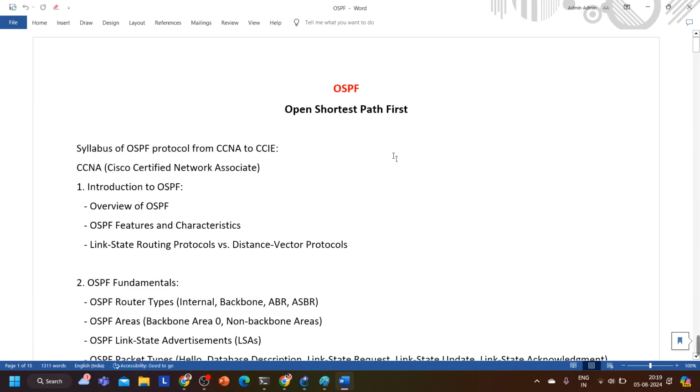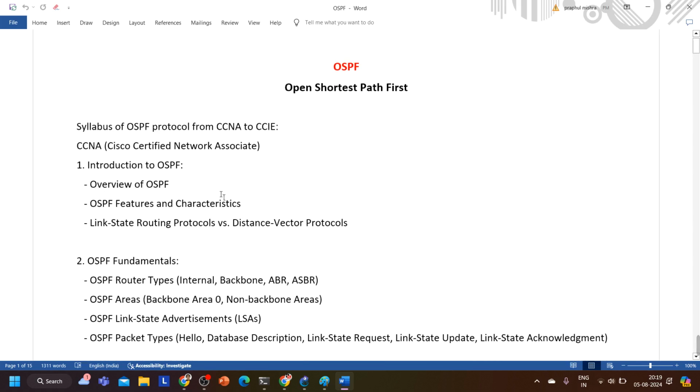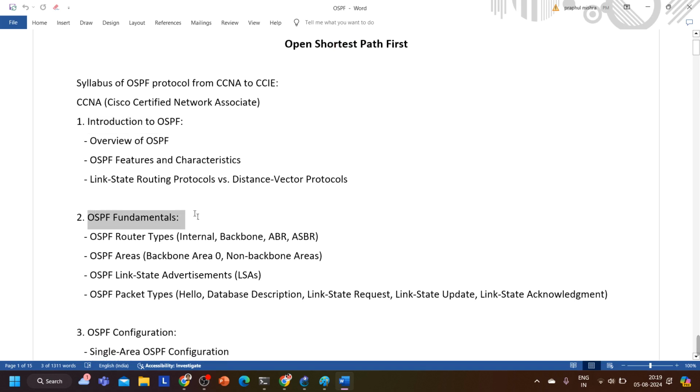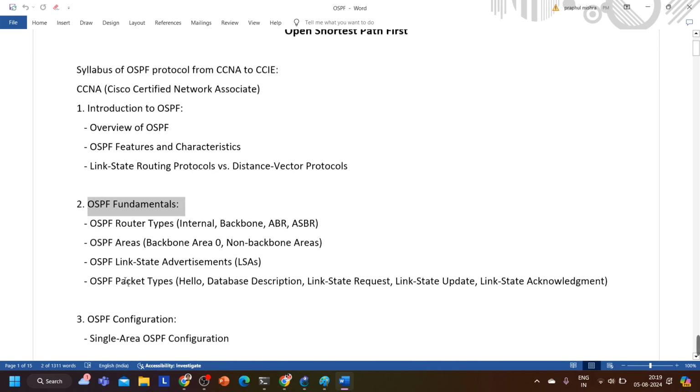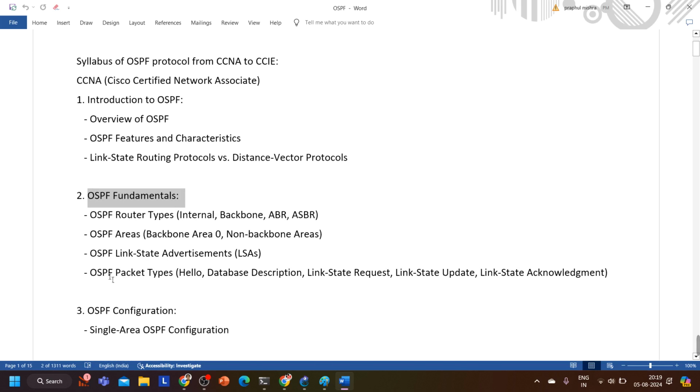OSPF. We'll cover everything about the OSPF routing protocol, guys, from CCNA to CCIE, you can say. Whatever things we have in OSPF, we are going to cover in maybe the next 10 classes, or 6 to 7 classes. It will take minimum 6 to 7 classes, right? So in the CCNA, if you check the syllabus of OSPF, there is an introduction of OSPF, then OSPF fundamentals like types of router, types of areas, link state advertisement, types of LSAs, OSPF message types like packet types, how many types of messages are there in OSPF, how many messages are there in EIGRP,